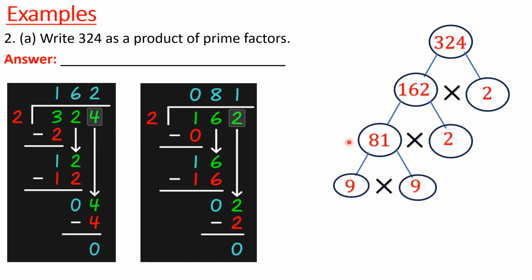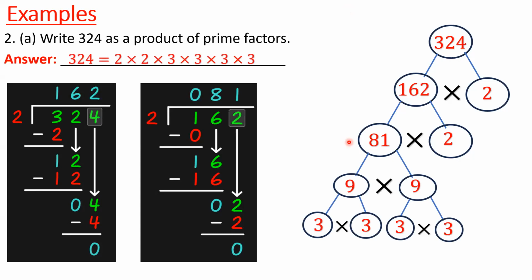81. Very good. And then we're going to break down the 9s, and that's going to be what? 3 times 3. And then 3 times 3. And so we are left with 324 expressed as a product of its primes is going to be 2 times 2 times 3 times 3 times 3 times 3, which is going to be equal to